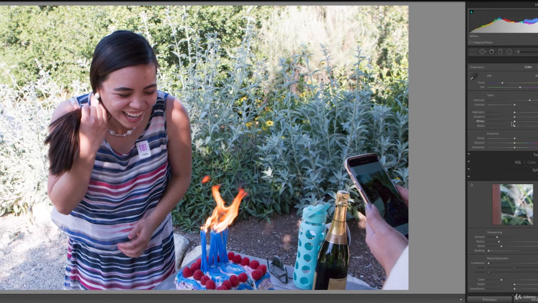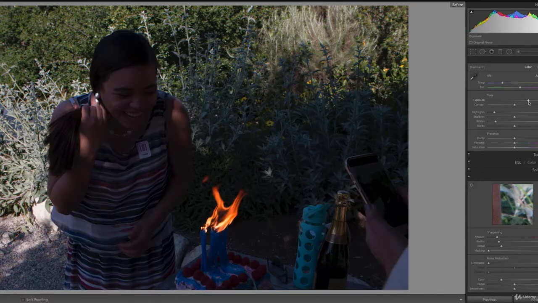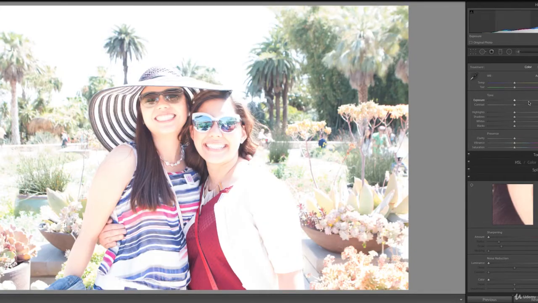While we do that, we can bring down the exposure of the background so that that information is still there and it's not completely overexposed. And this is what you can do with a RAW image: before, after, before, after. Now, to show you the difference between how you can edit JPEG versus RAW, here's another image shot on that day. I have the JPEG version and the RAW version.